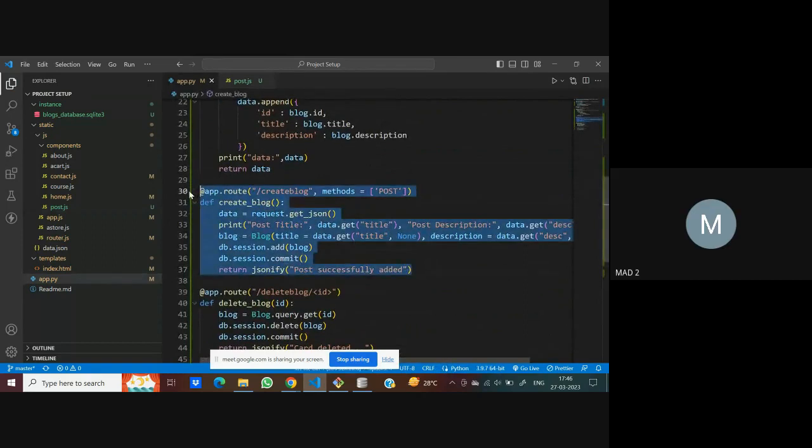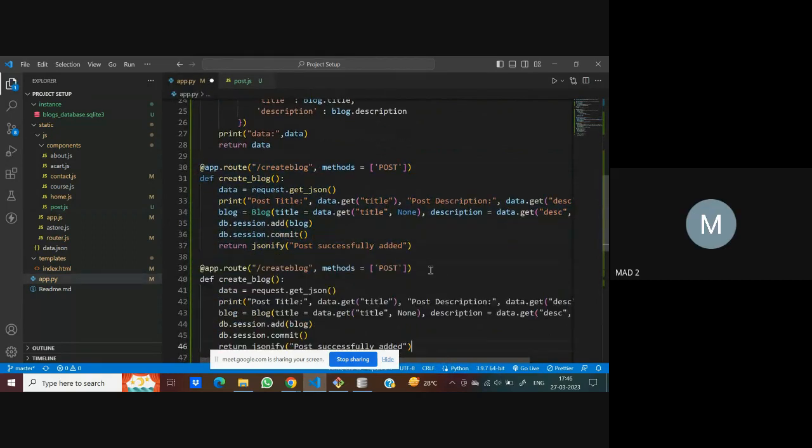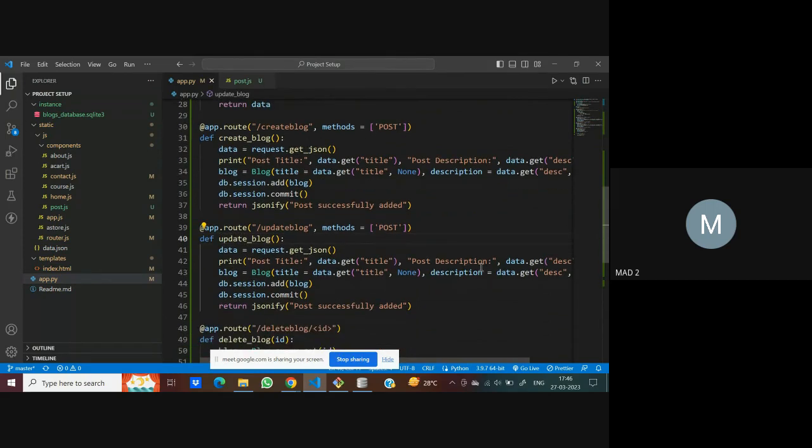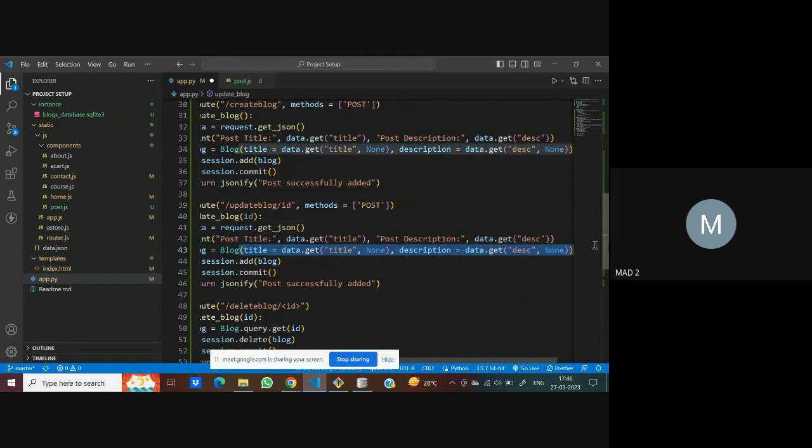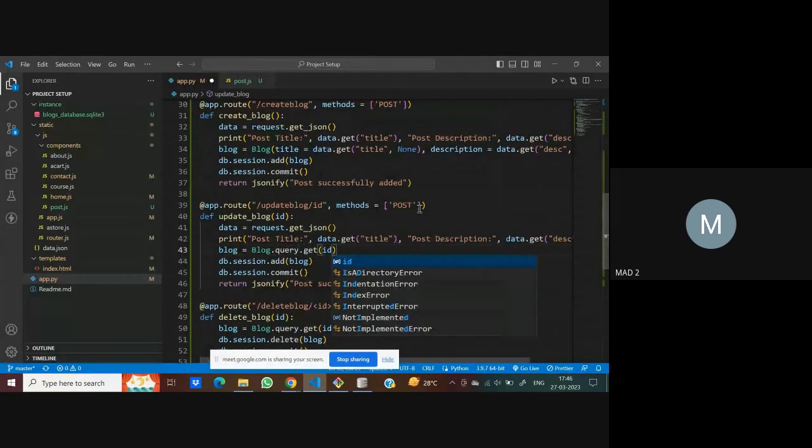So it could be something similar to what we have here. Update blog. We come here. Okay, this is also going to get an ID. We are going to get an ID here. Then we'll say blog.query.get ID. Now with that ID, we have that blog. So what we would do is we would say